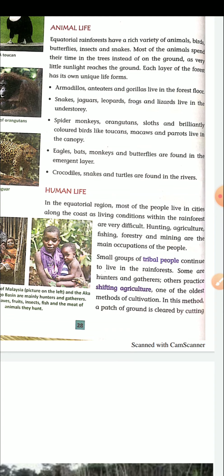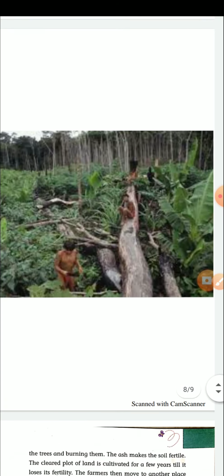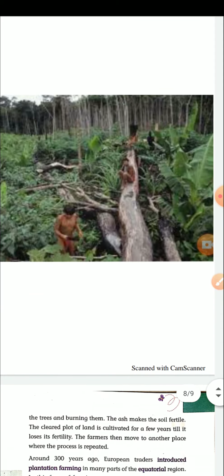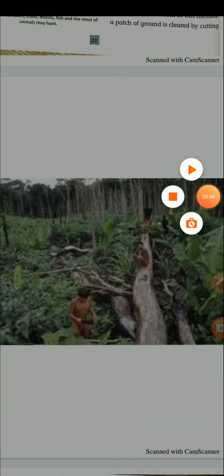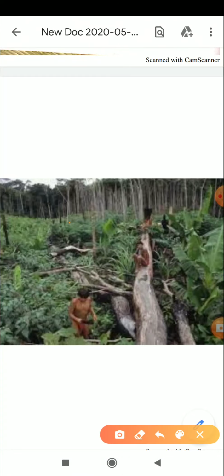Shifting cultivation is one of the oldest methods of agriculture. In this process, first they cut the trees.